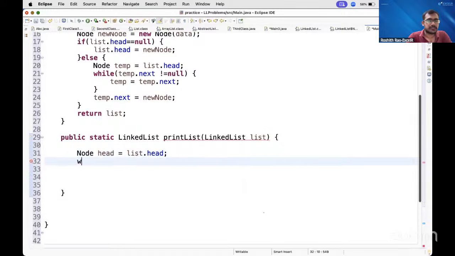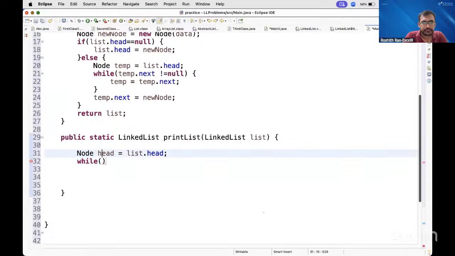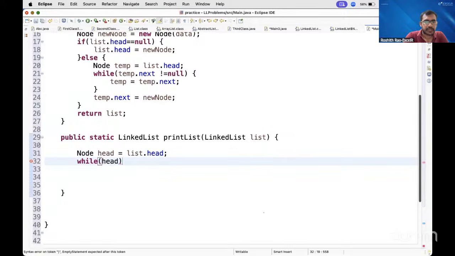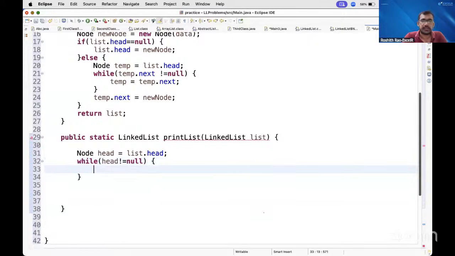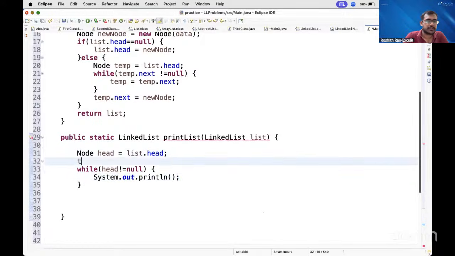While head, I should be checking whether it is null, right? While head not equal to null, if it is not equal to null, I will print out the head as well. Otherwise you can take it as temp only. Temp is equal to head,